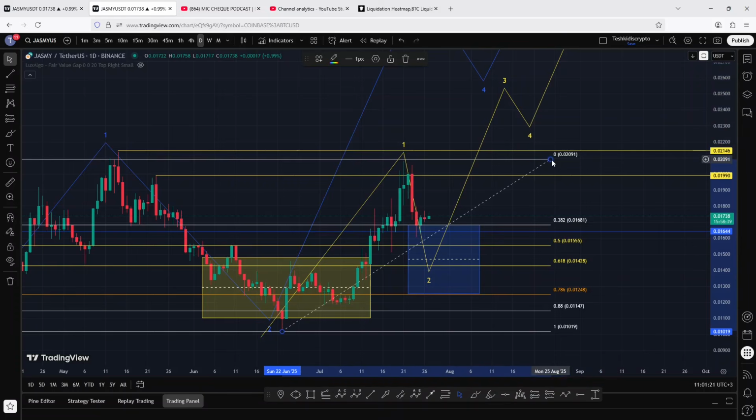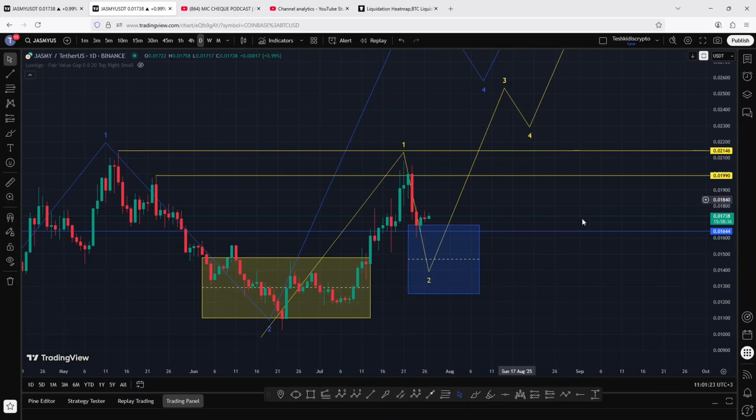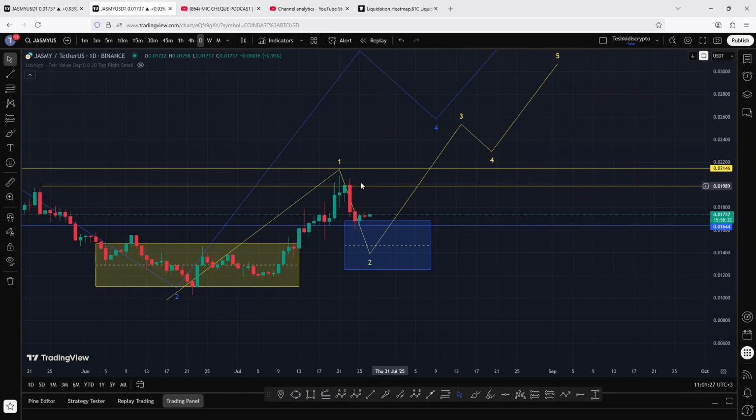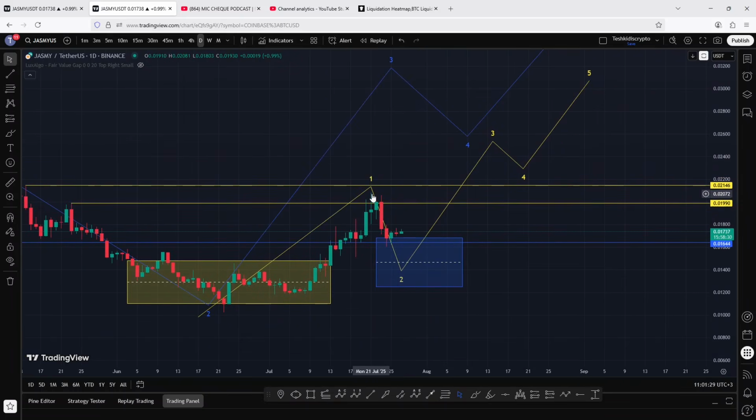And for us to get a confirmation that the low is in and the bounce is now playing out in the formation of that third wave, we first need to see a break above the highs we made in the formation of that wave 1 above the 0.02096 in the next coming hours. And the moment we manage to break above that, then we can easily push even higher in the formation of